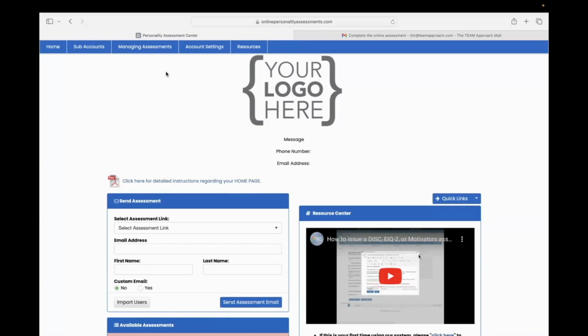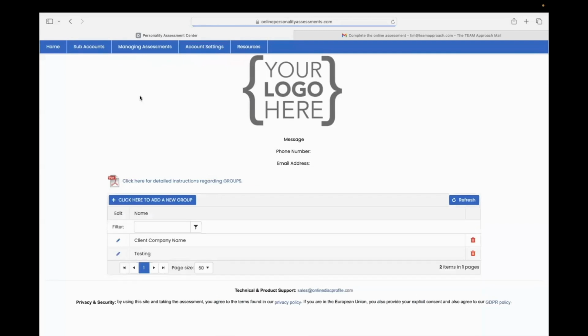Some common examples of groups include client organizations that you're working with, an internal department, or an upcoming cohort that you have planned. To create a group, we'll go to this Managing Assessments dropdown and click on Groups. You can see that I have a couple groups already created. But let's say I'm going to send out assessments here for my colleagues here at the Team Approach. I'm going to click on this Click Here to Add a Group button,